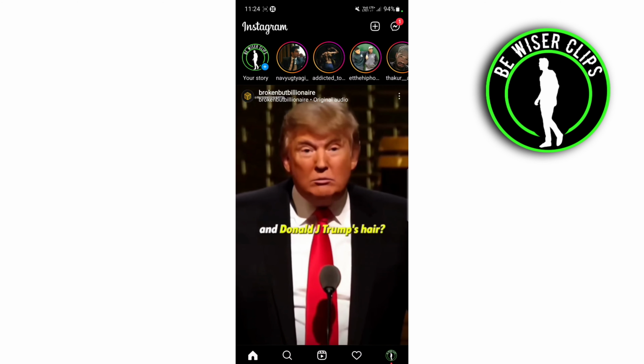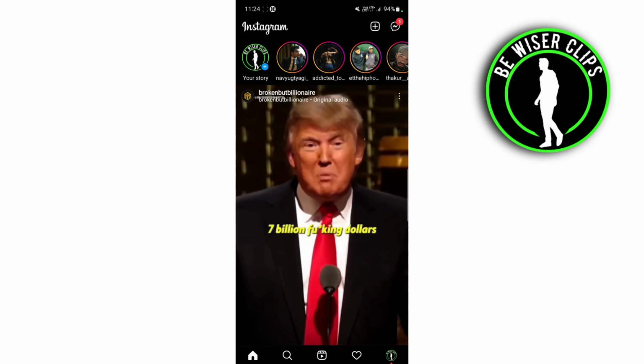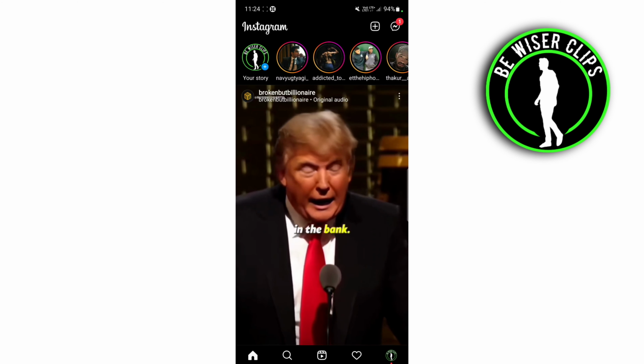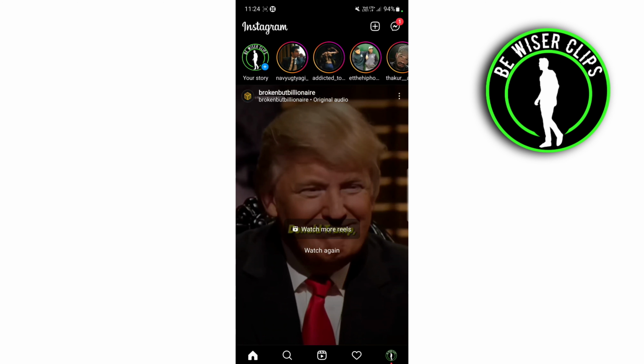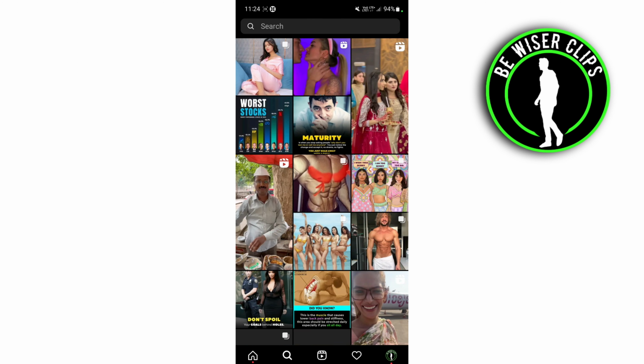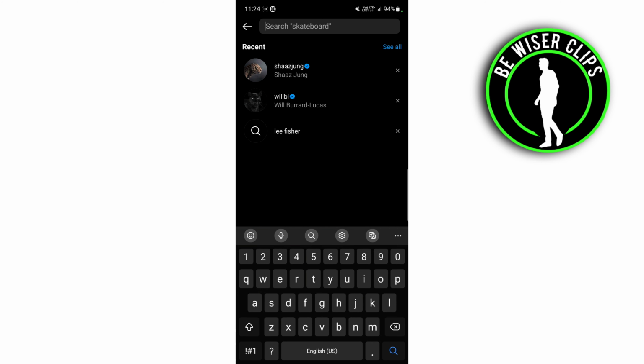So let's get started. Today we are going to learn how we can search for people or friends on our Instagram. The first thing you need to do is open up your Instagram and go to the magnifying glass. Then click on the search, and here you can write the name of the person that you want to search. Like I just want to search for